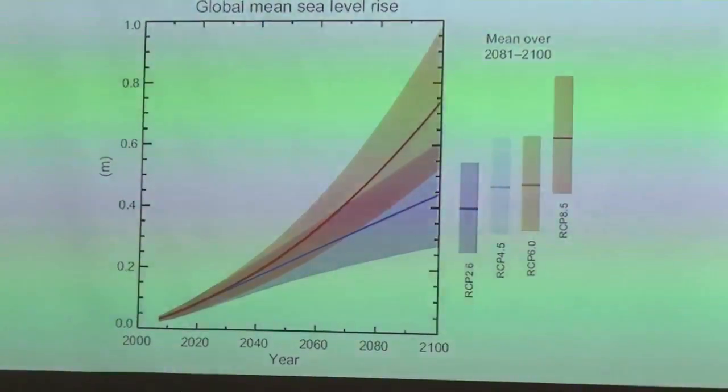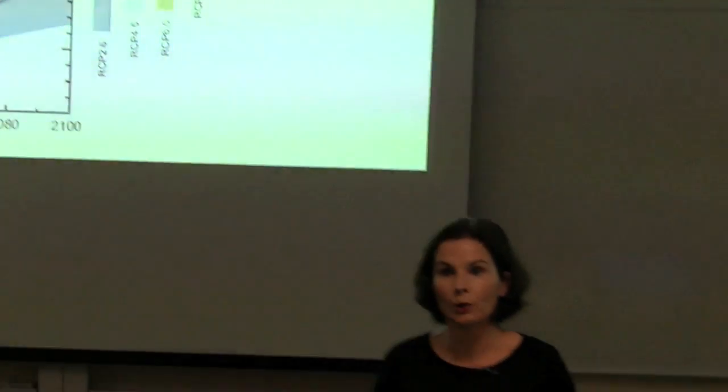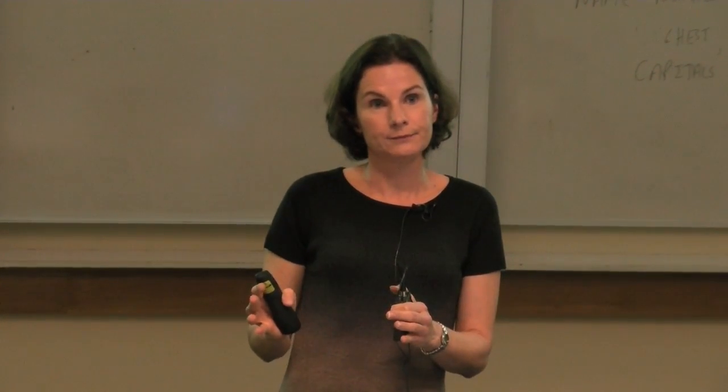Now these are global predictions, and I've just been saying we need to look locally to understand what's going to happen with sea level on our coast. So in the New Zealand region, the predictions from Rob Bell at NIWA are that we're going to have a rise of anywhere between 70 centimetres and a metre. That's the average sort of predictions up to 2115. The range is anywhere from half a metre up to 2 metres. So we could get sea level rise in exceedance of 1 metre, we could get less than that. But the Ministry for the Environment uses 1 metre as a sort of safe sea level rise prediction for 2115.